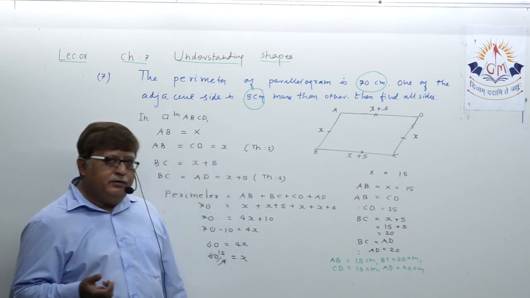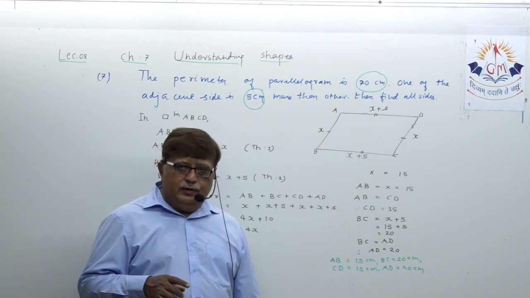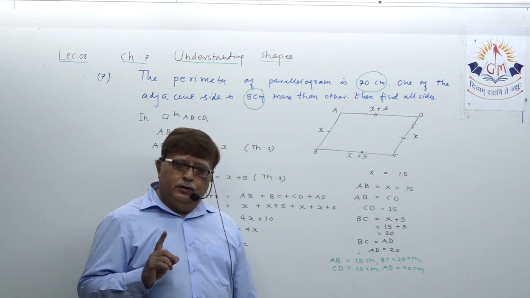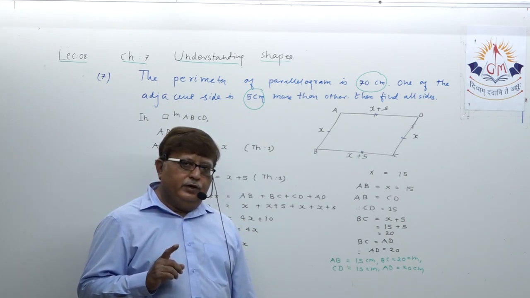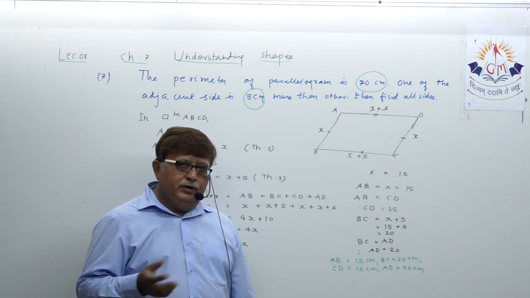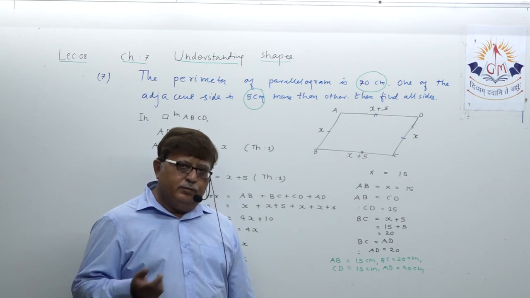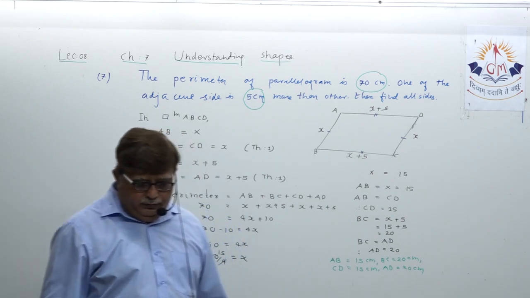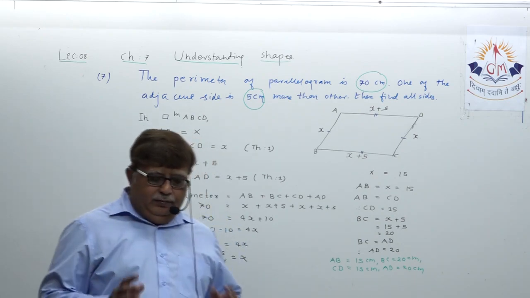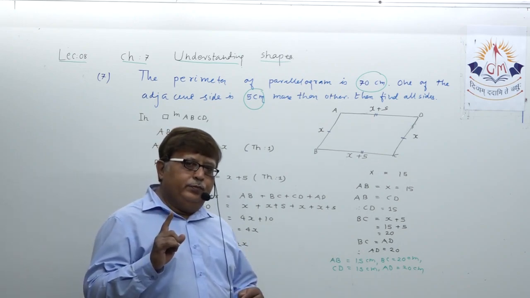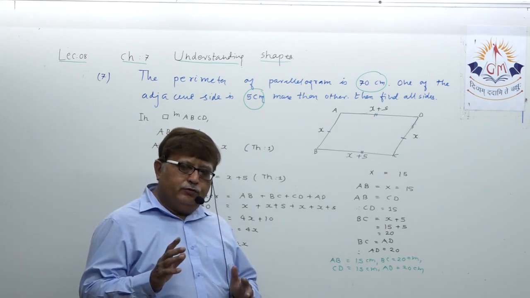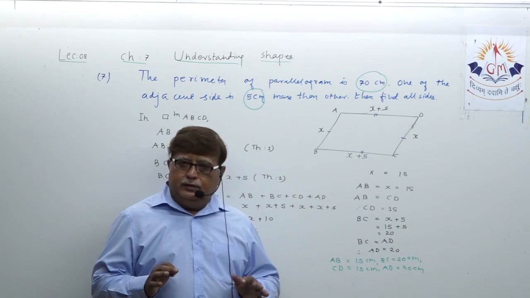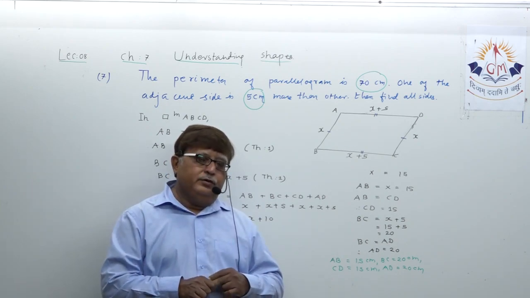When we go to the next lecture, we will again target only one property, that is the second one, opposite angles of a parallelogram are congruent. In that we are going to solve some variety of examples. Understood? But as of now, the example is over, and our discussion regarding one particular property got over, that is, opposite sides of a parallelogram are equal. Okay, dear student, right?